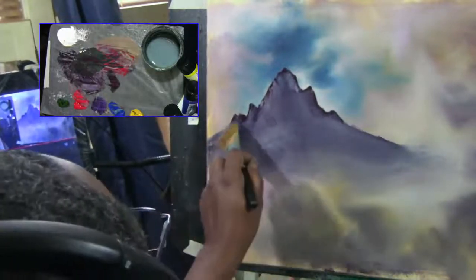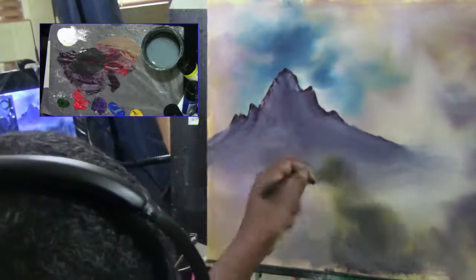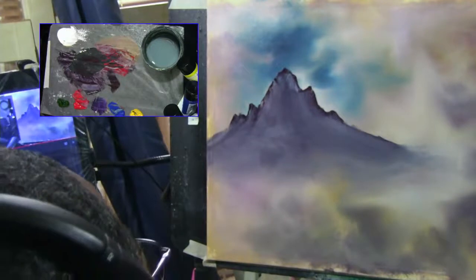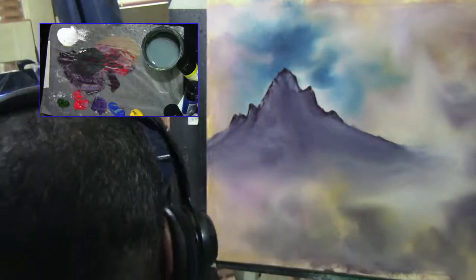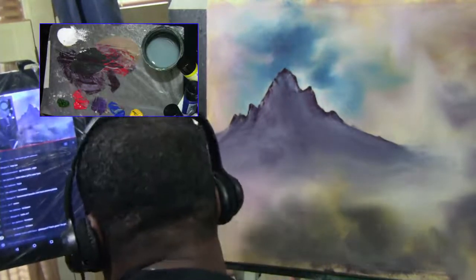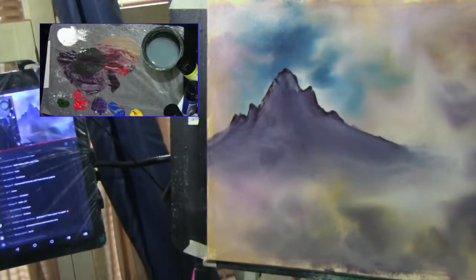Just like so. And we'll start building off of this fella, just like that. Like I said, this painting is going to be a little different. I used to do quite a few of these in the start of